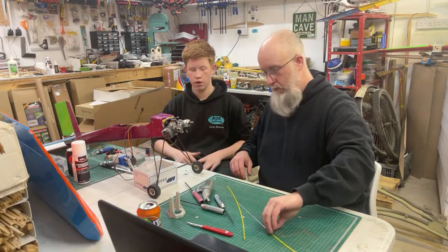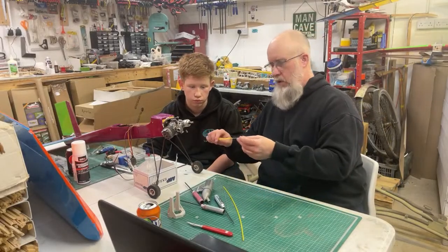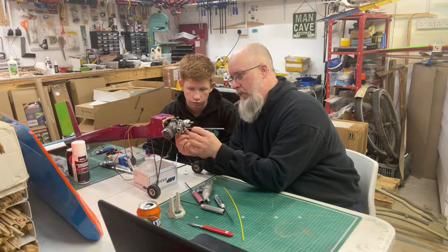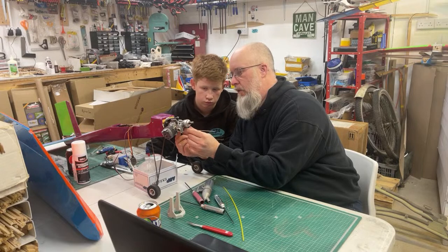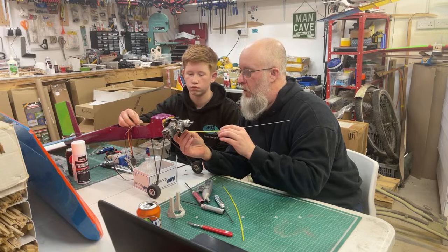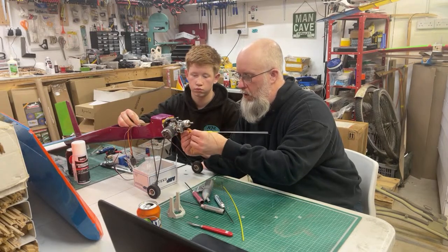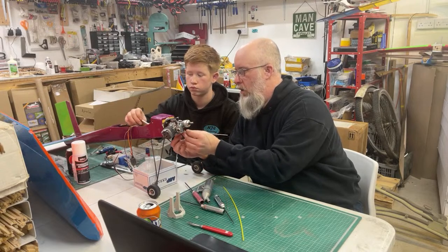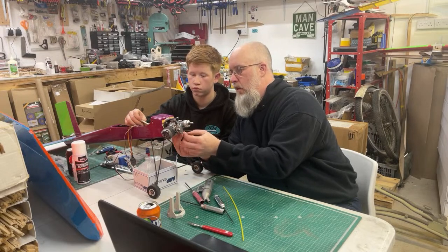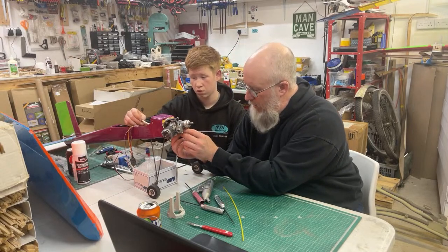Right, so this push rod. I don't know how well you guys are going to be able to see this, if at all. Making up a push rod. We've got to do some funky bending down here. So fully retracted, i.e. back, it needs to be there. It's not going to need much bending, but it is going to need...